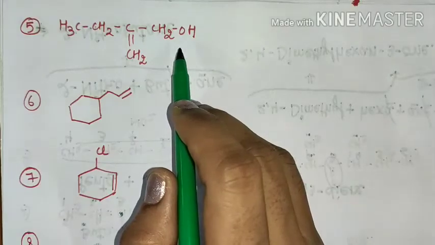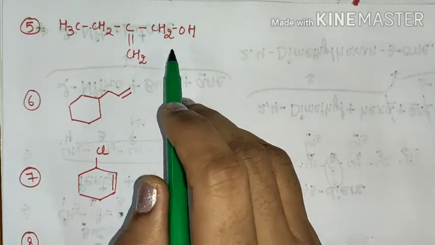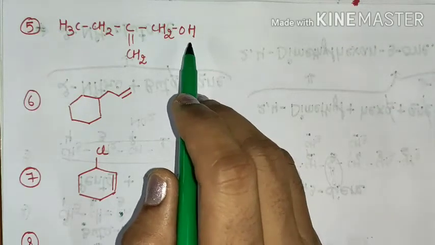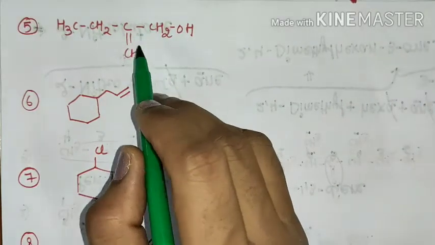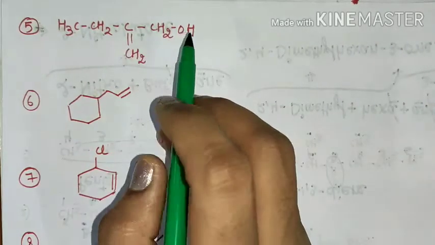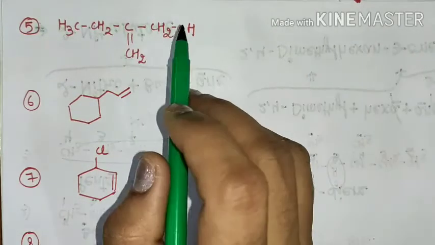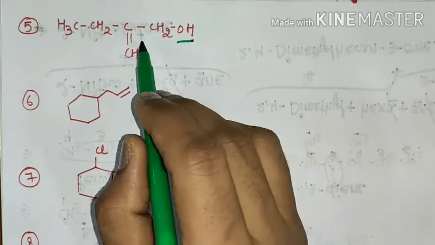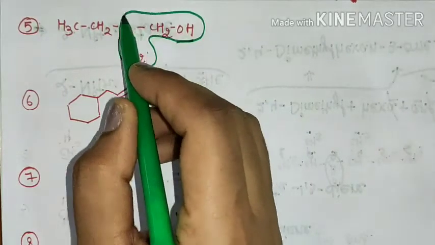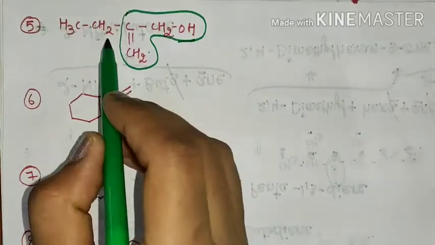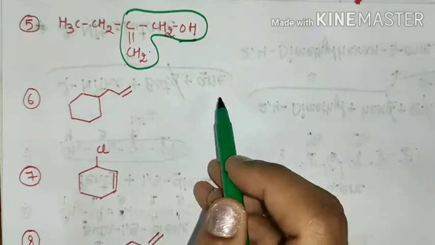Let's come to example number 5. According to rule 1, first we have to select the chain, and we know while selecting and numbering the chain, the priority order is functional group gets priority over double bond over triple bond and triple bond over substituent. It means if functional group and double bond are present, we have to consider these in the selected chain. So this is our selected chain and we know our chain should be continuous. So we will not include this in the chain, because if we do, then the chain breaks.